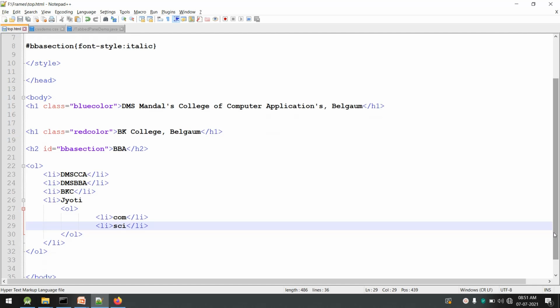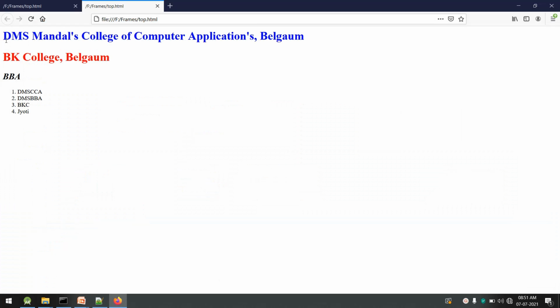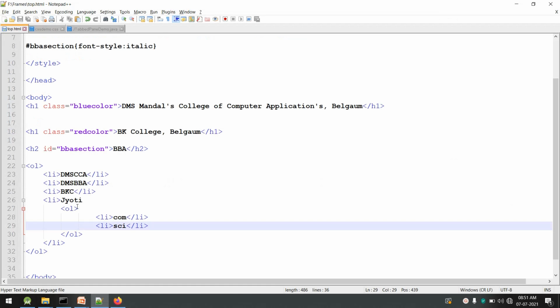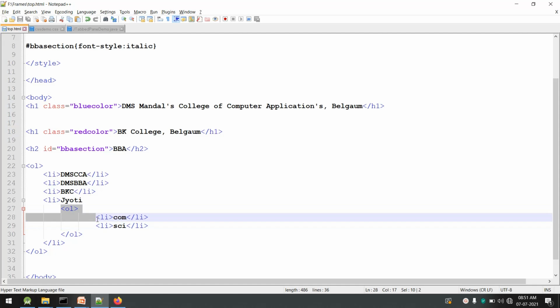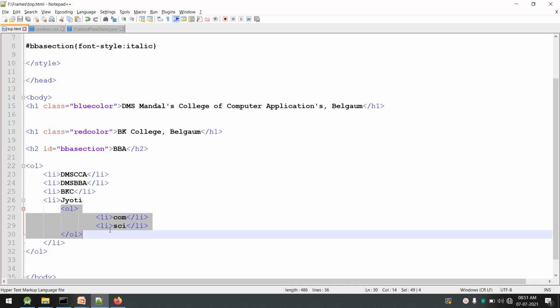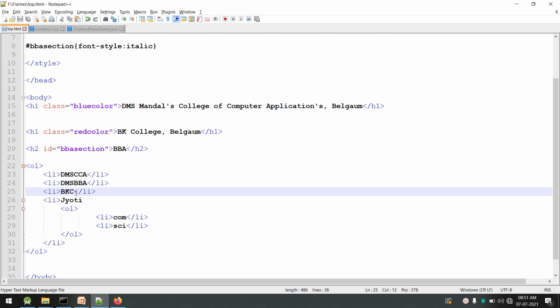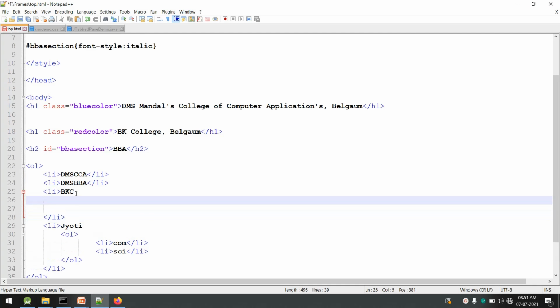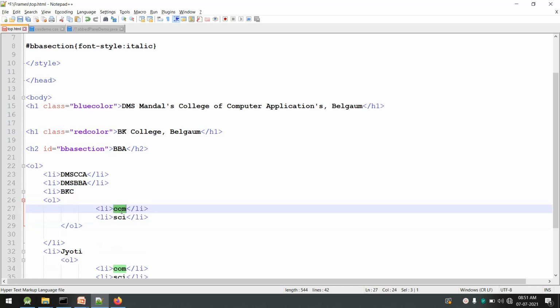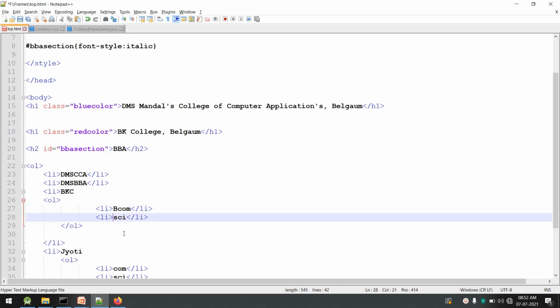I'll save it and let us see the output. Now you can see inside Jyoti we have commerce and science. In the same way inside BKC also we can add something. I'll copy and paste the same thing, before the closing li. So I'll paste it, and I'll say here BCom and BSc.